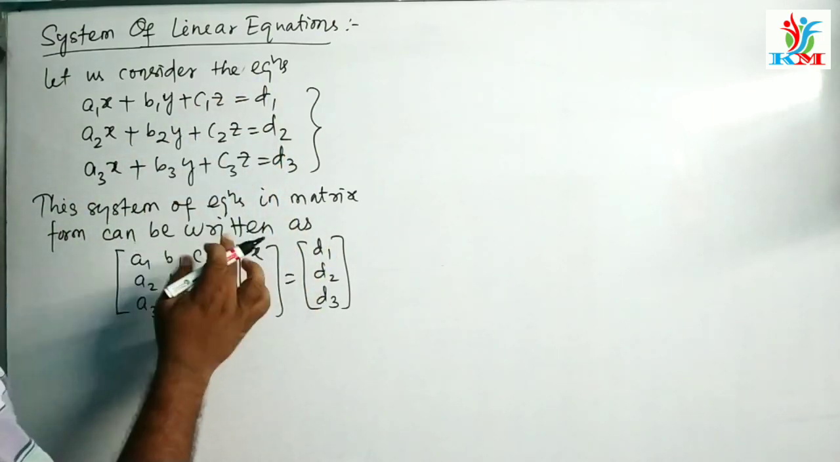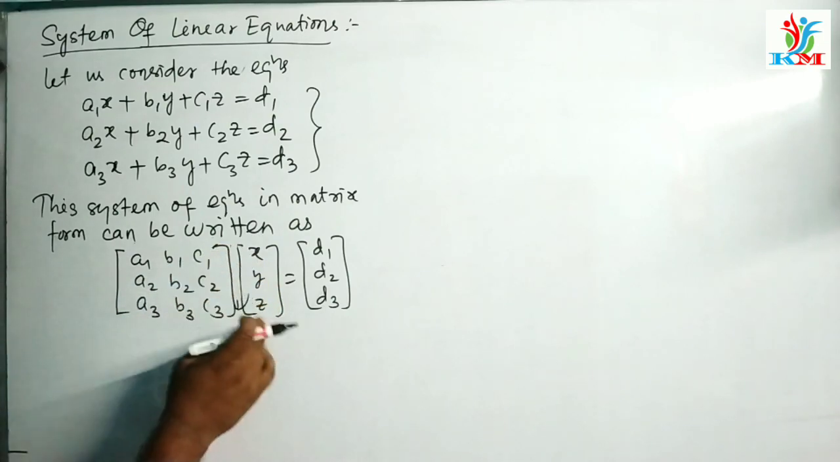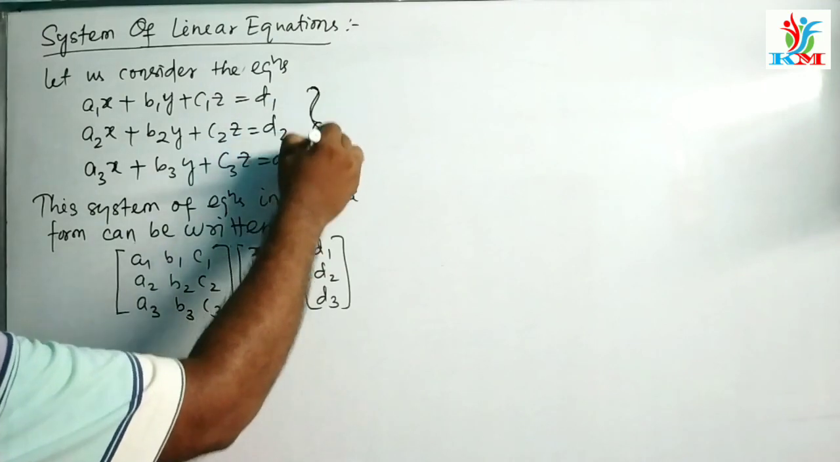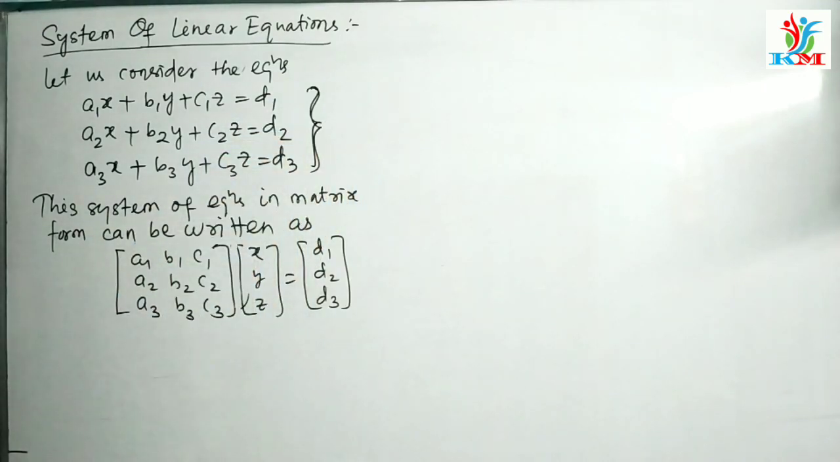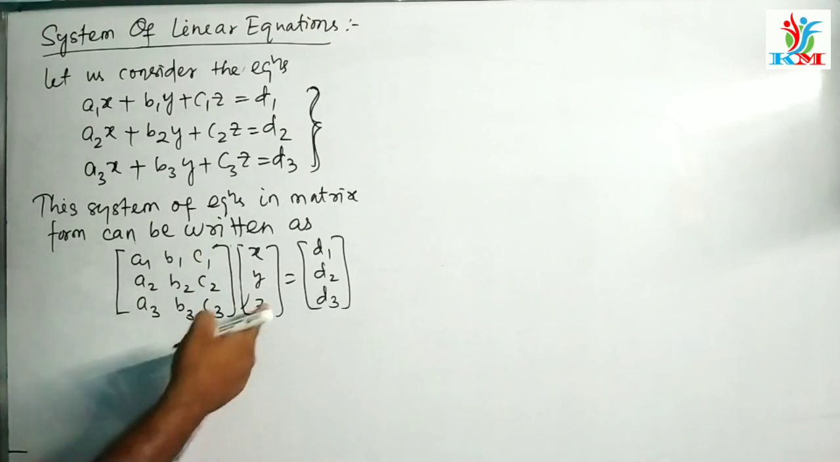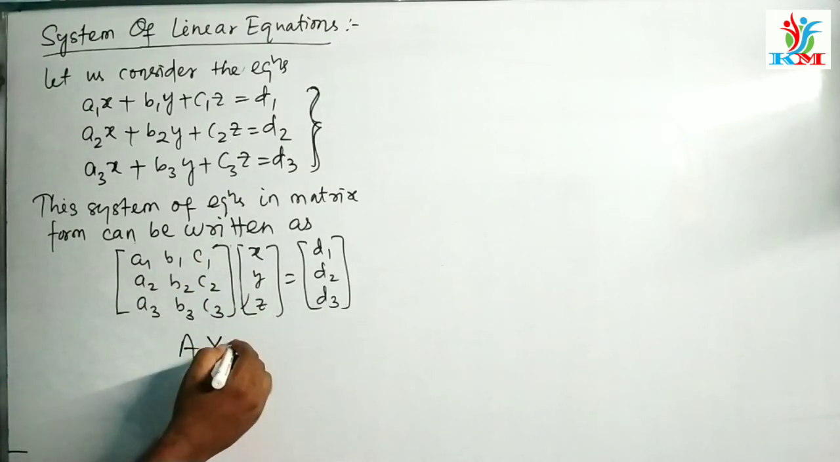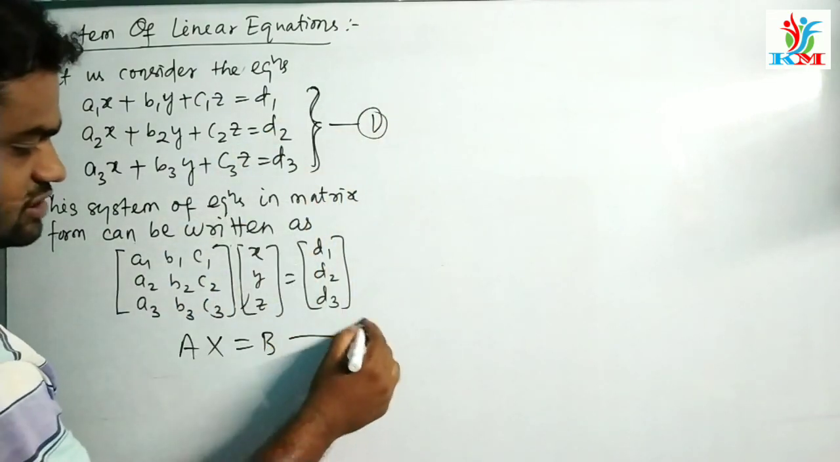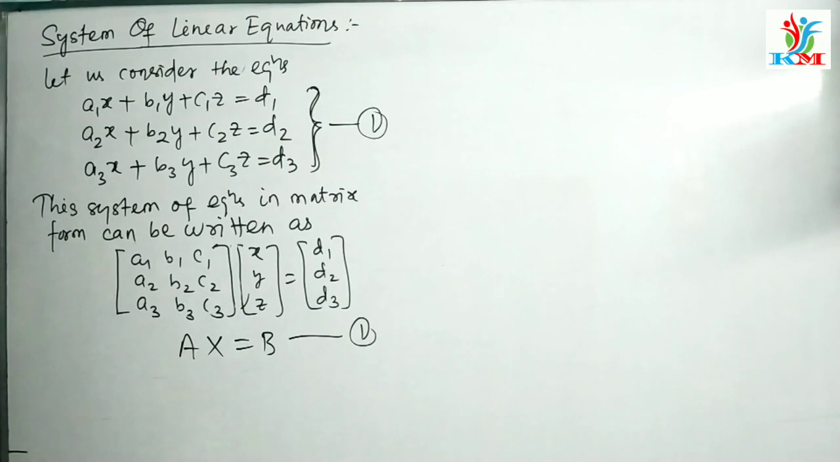That means if we multiply these two matrices and equate with this matrix, then we get this system of equations. Let this matrix be A, this matrix be X, and this matrix be B. Then this system of equations can be transformed in matrix form as AX equal to B. Okay. Now see, the first point is: